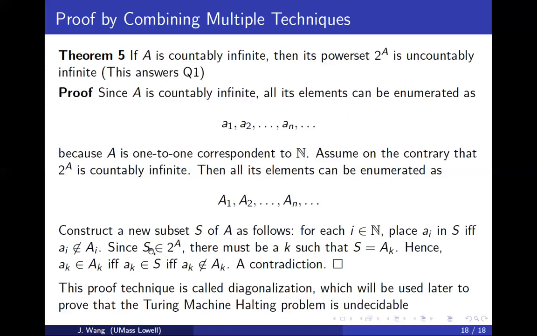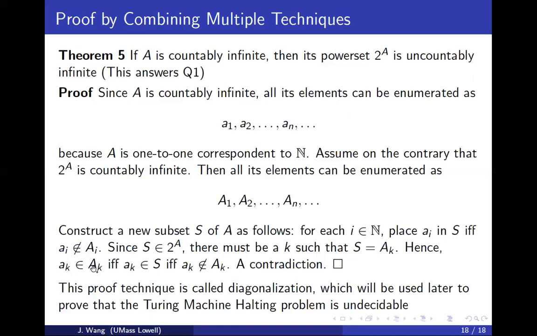Now, S is a subset of A because it only includes elements in A. So S is an element of the power set of A. Because the enumeration gives all the sets in 2 to the A, that means this S has to be one of them. That means there is a k such that S is equal to A_k. So now for this k,